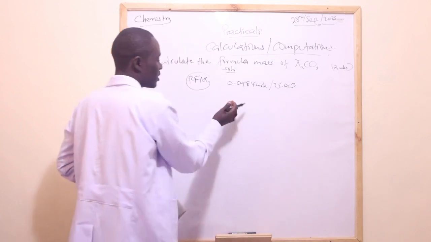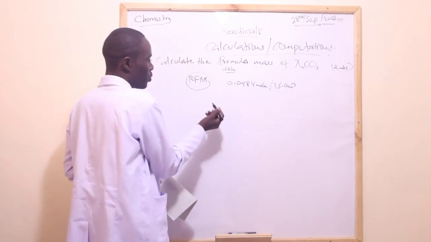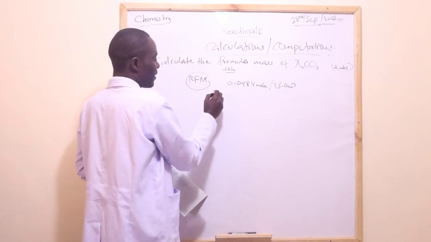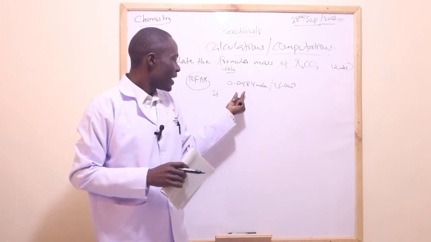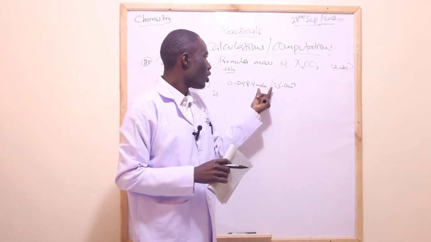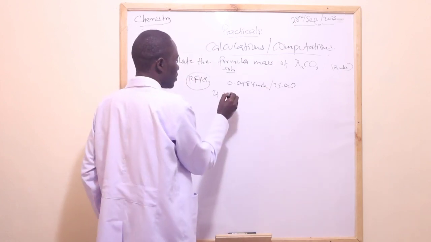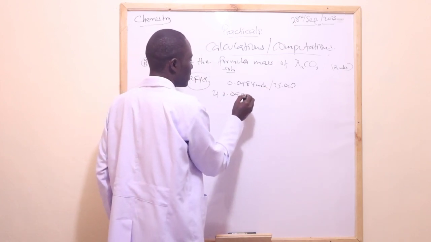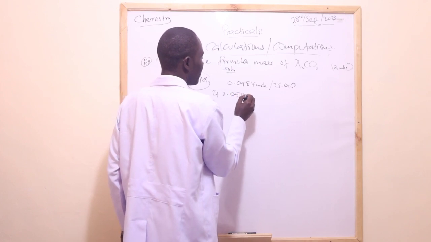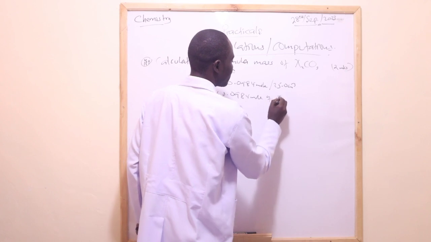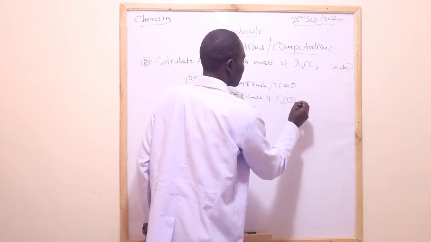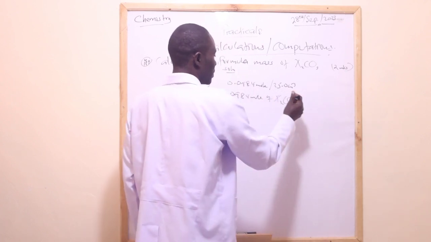So it therefore means that when you use the comparison, you can say that 0.0984 mole of X carbonate is equal to